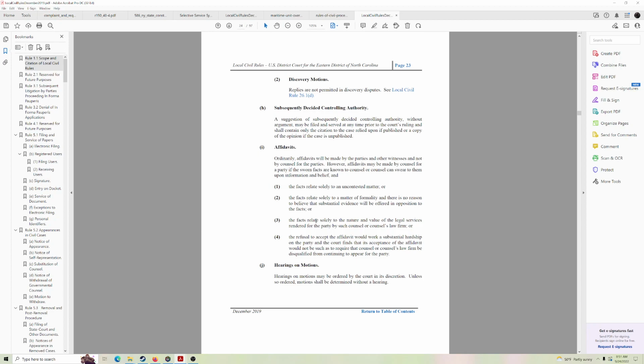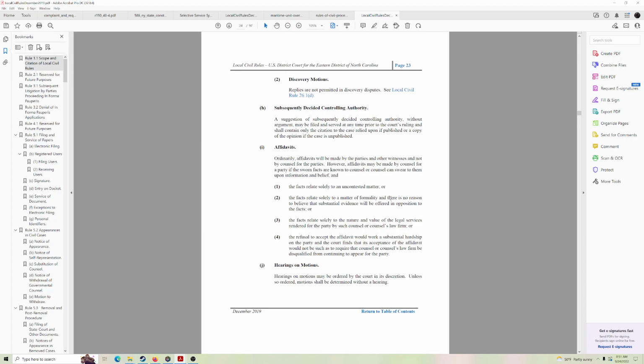Affidavits. Ordinarily, affidavits will be made by the parties and other witnesses and not by counsel. For the parties, however, affidavits may be made by counsel for a party if the sworn facts are known to counsel or counsel can swear to them upon information and belief, and the facts relate solely to an uncontested matter, or the facts relate solely to a matter of formality,